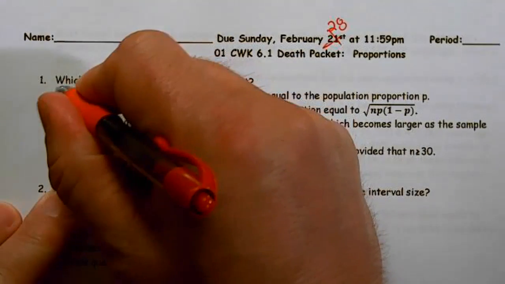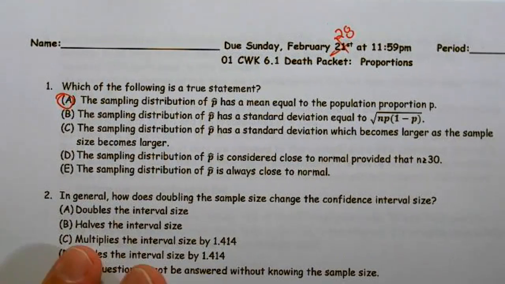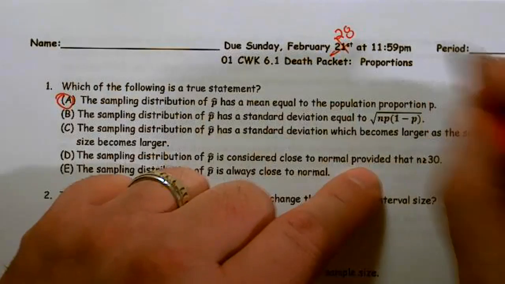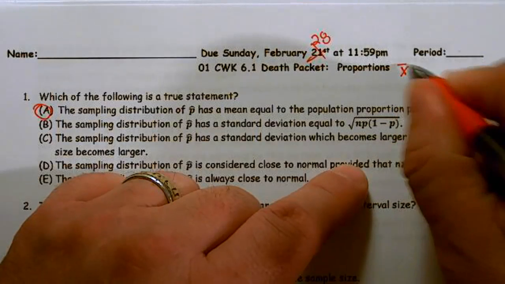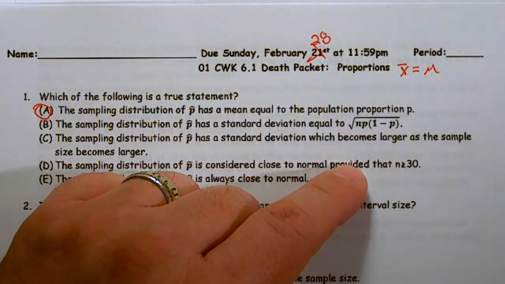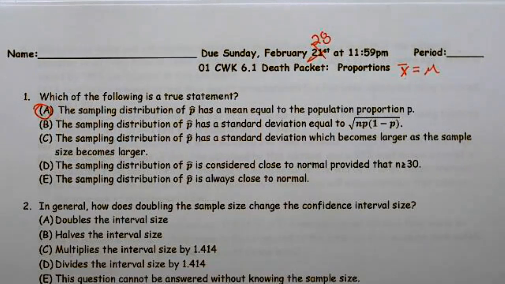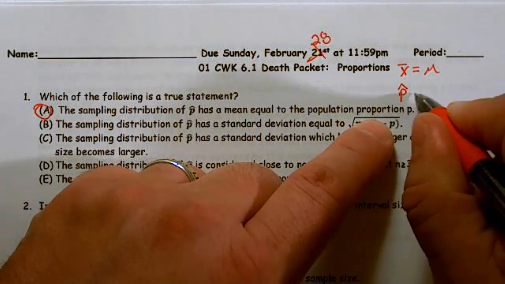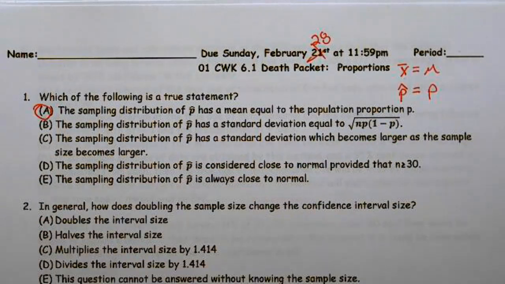Well, that's the actual answer, but just me telling you the answer probably doesn't do you a whole lot of good. So first off, there's a couple things that you need to know. When we take a sample, if we're talking about a mean, we assume that our X bar equals the population mean. All right, we believe that to be the case. We believe that our sample mean equals the population mean when we take a sample. Likewise, when we take a sample for proportions, we believe that p hat, the sample proportion, equals the population proportion,